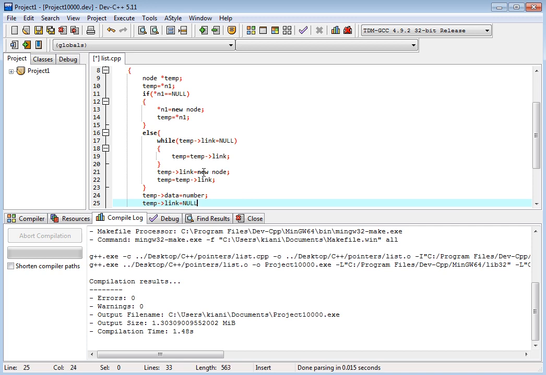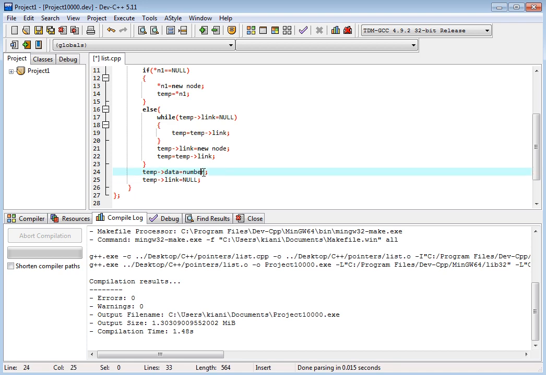This is a new node, so the link part will be null. This is append data. Now we have to display, void display.